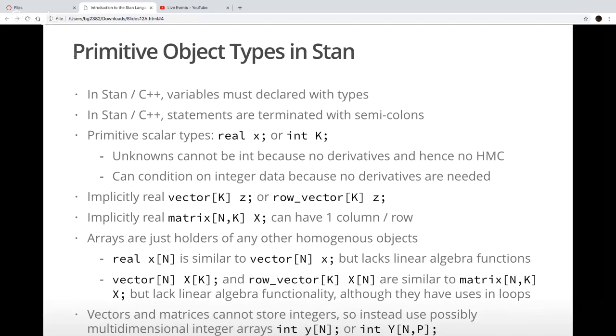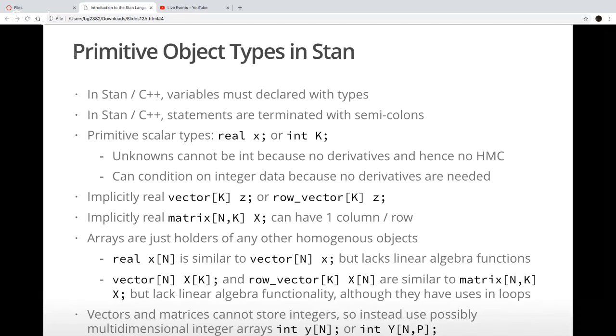So this we mostly know already based on experience with homeworks and stuff, but in Stan, because it's compiled into C++, it has a lot of the same characteristics. So when you declare a variable, it has to be declared with a type in addition to just a name. The names can have numbers, letters, and underscore, but can't start with a number. Statements are terminated by semicolons, and so they can run over multiple lines. The basic, most primitive scalar types in Stan are the real numbers and the integers. Those integers are signed, even though often it doesn't make sense to have negative numbers, but that's possible.